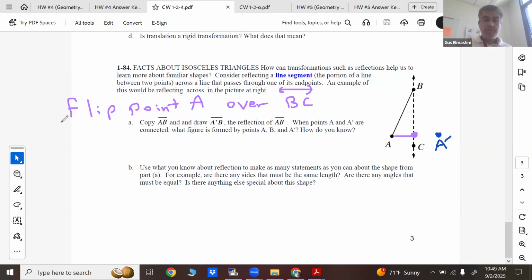Right? So if I think about it, these would be the same length, right? AC would equal A prime C. Well, if that's happening, I probably would expect those to be the same. I probably expect AB